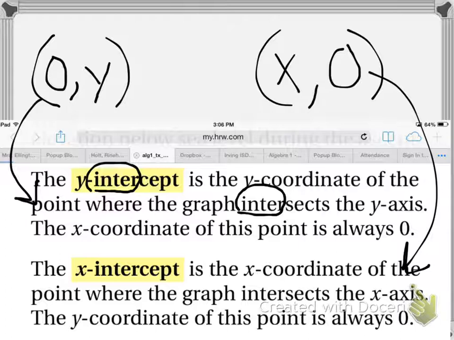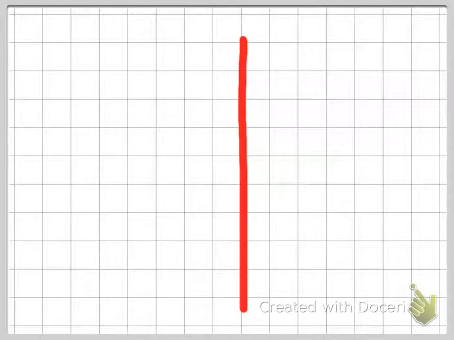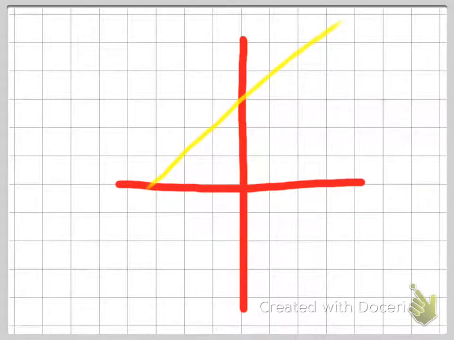That's for your x-intercept, and that's for your y-intercept. So if you were to see this on a graph, it would look like this. Now let's pull up some graph paper here. So say I have my, there we go. There's my coordinate plane. There's my x and y axis. So let's say I have a line that crosses like that. Remember, we always put our arrows on there. So this would be 1, 2,